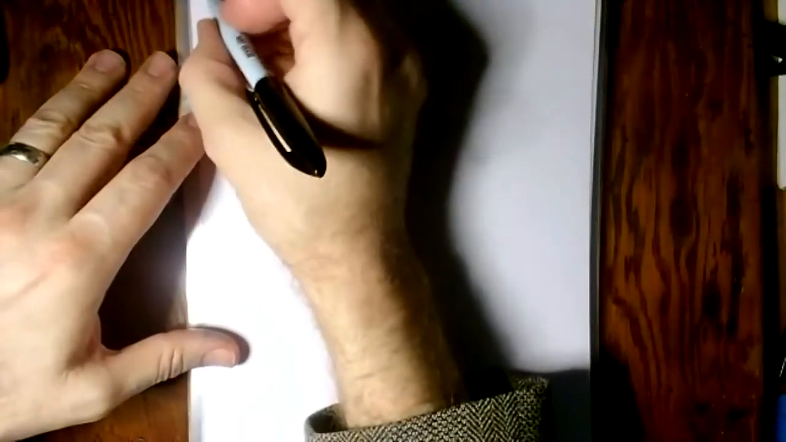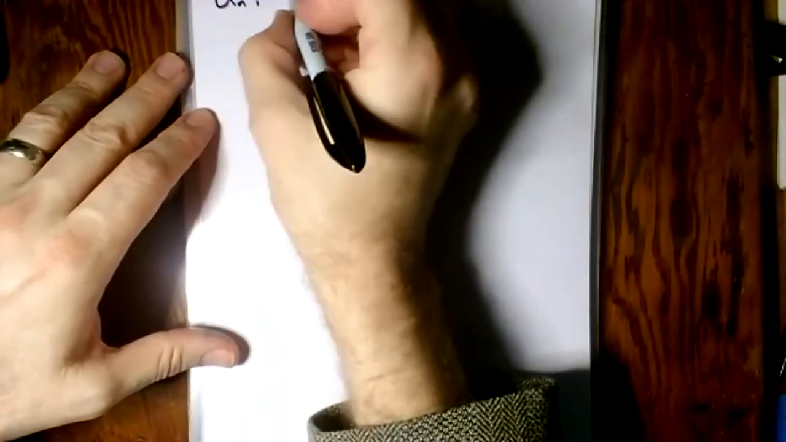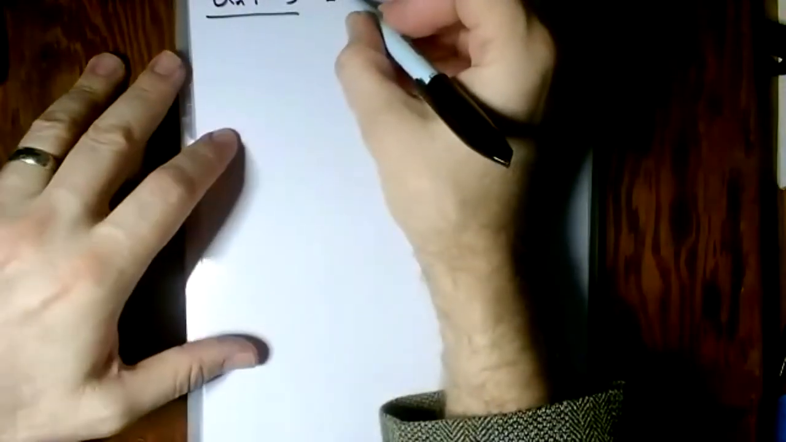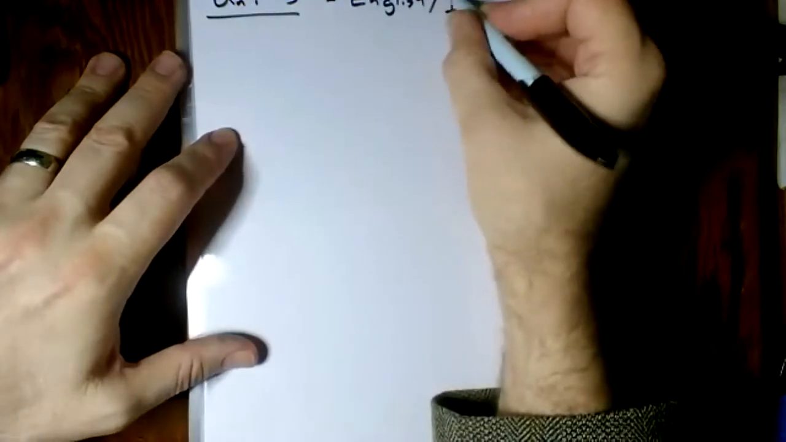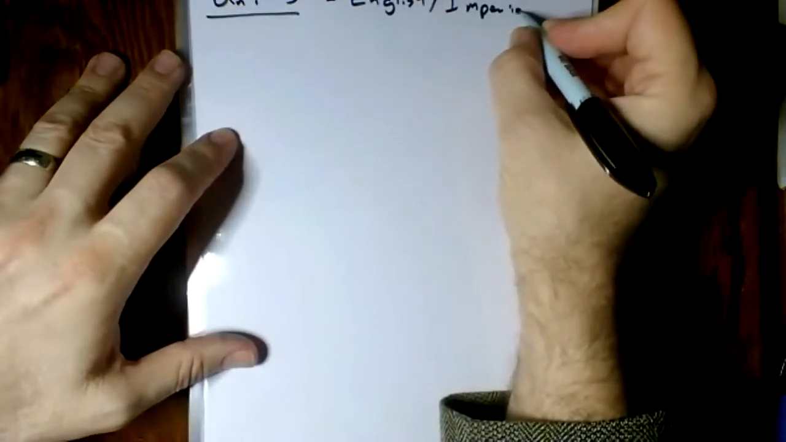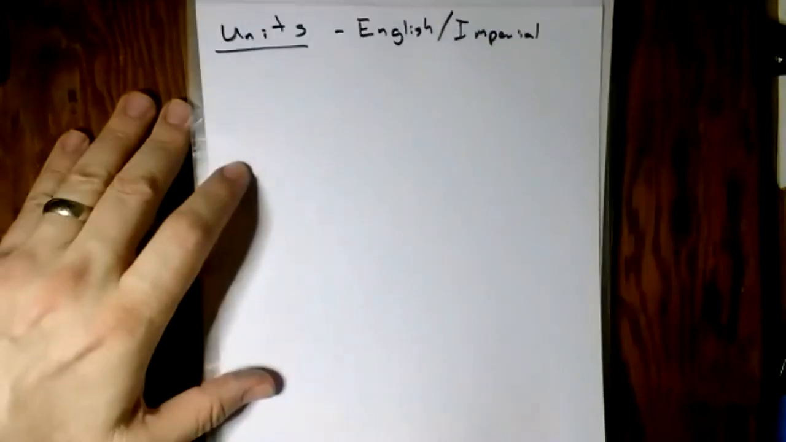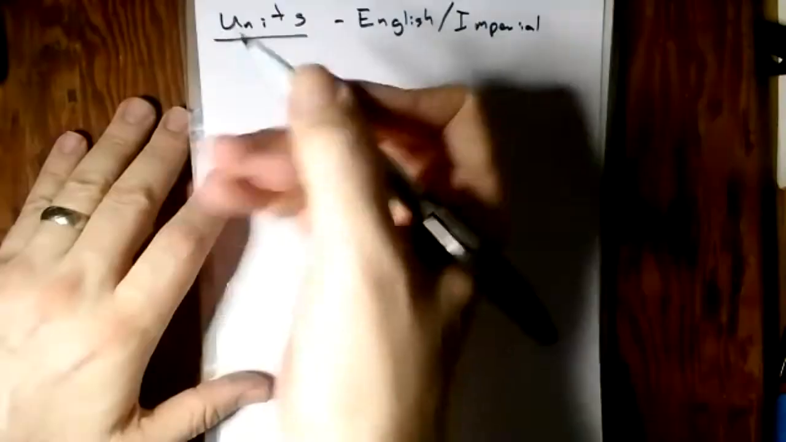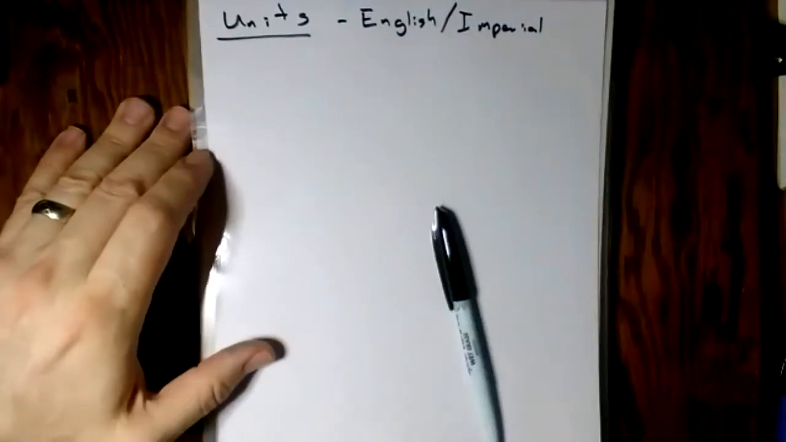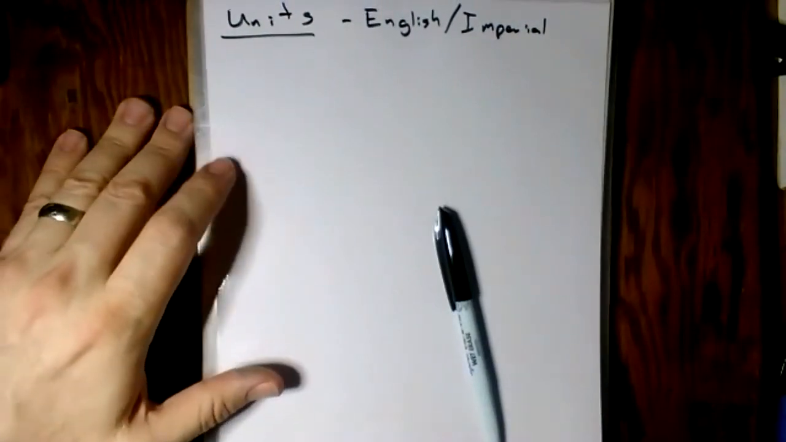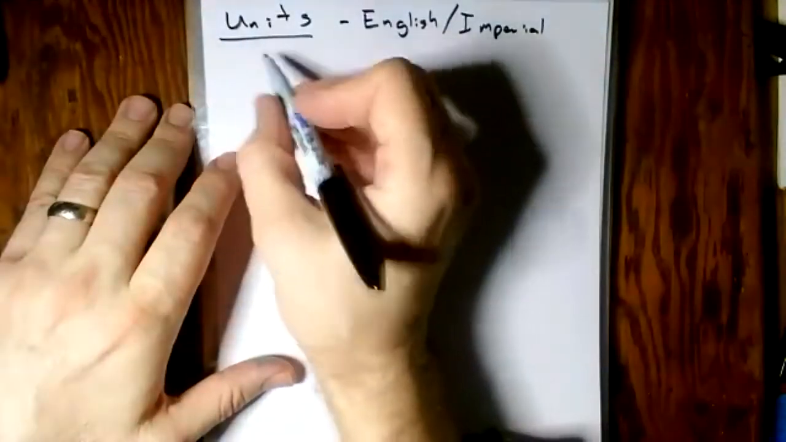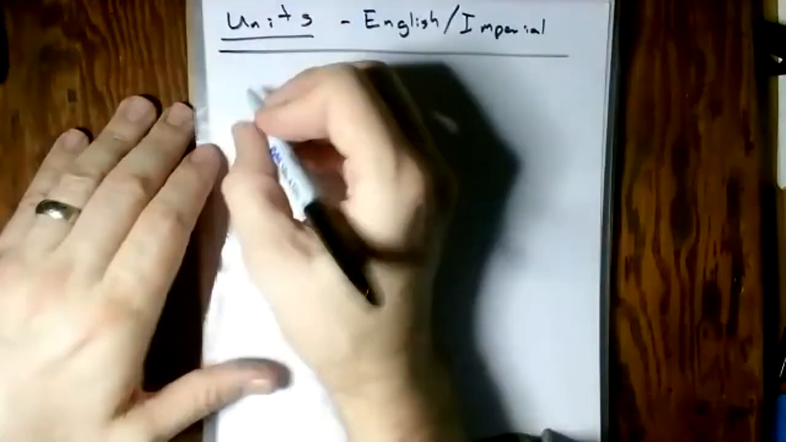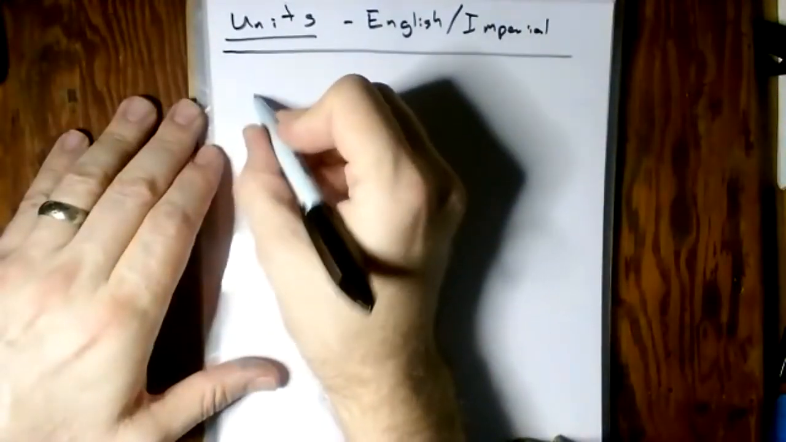We're going to talk about some units, and specifically we're going to talk about what we call English, or otherwise known as imperial units. And we're specifically going to talk about things involving length. So we're going to deal with things like inches,